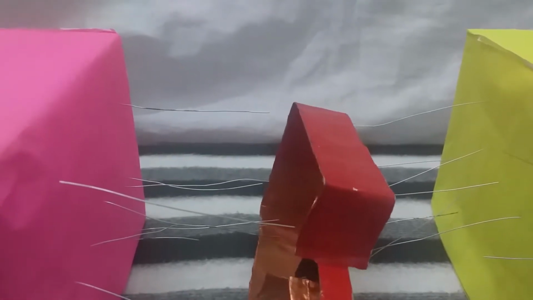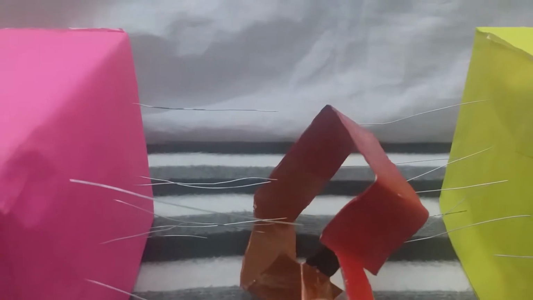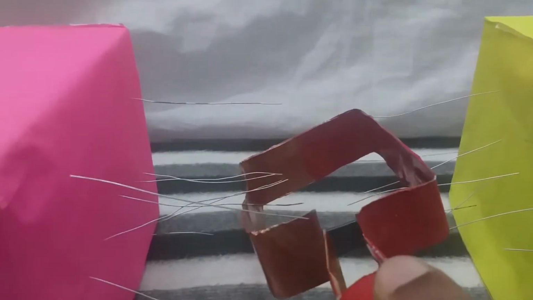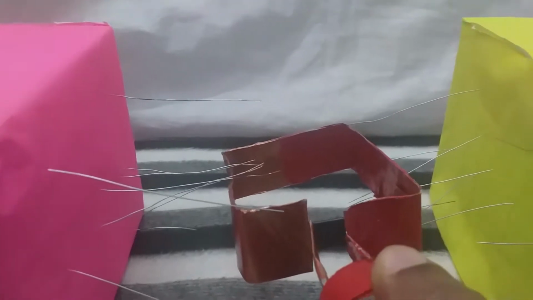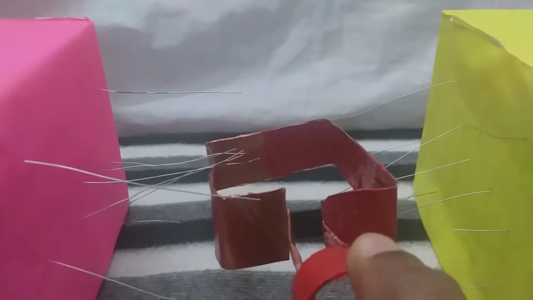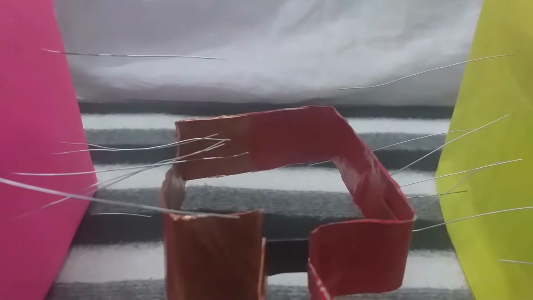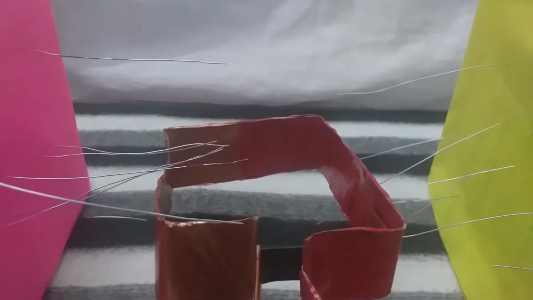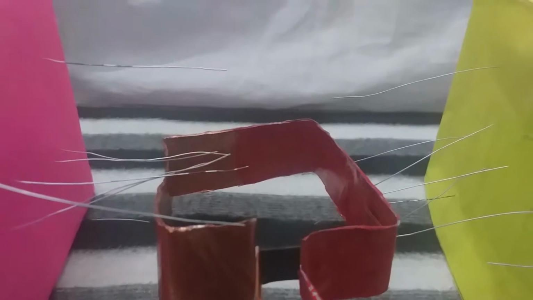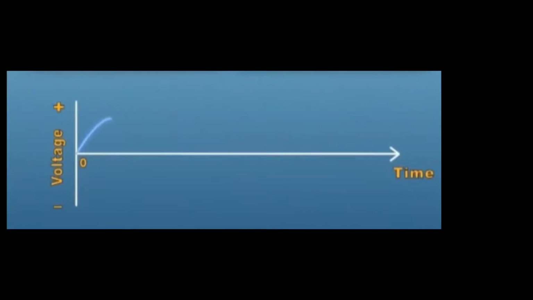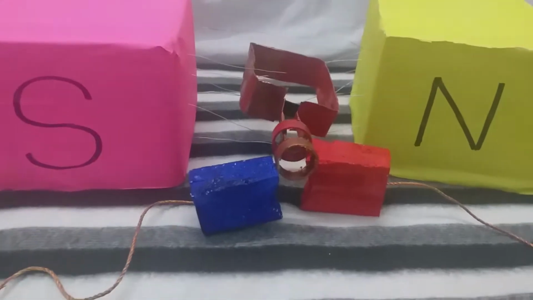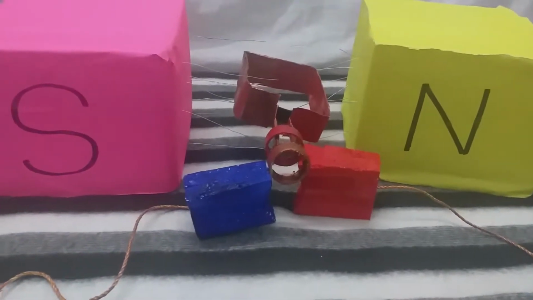Now it rotates in clockwise direction and it gets the maximum number of lines of force like this. At the center of the poles of this magnet, lines of force are maximum. Now the current generated in the armature is maximum, because it cuts the maximum number of lines of force. Look at the graph. EMF now increases from 0 to maximum. Now this is the entire arrangement of the AC generator at this position.